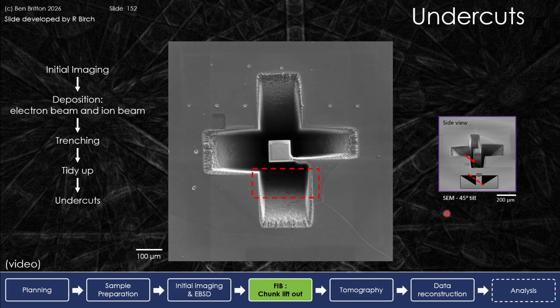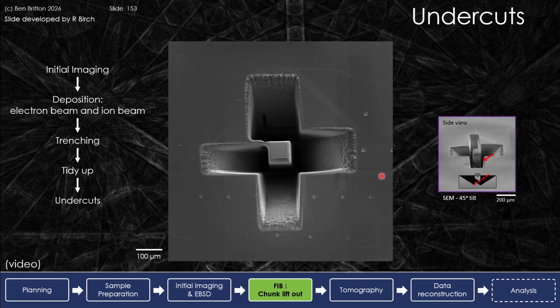So the undercuts, you can't see them because we're looking under the SEM, but what we do see is the shadow of the cut as it's gone through the object. And so cutting into this wall, we see that L-shaped black mark because the undercut has gone all the way through the object. We can do the second undercut, and so I think, hopefully,